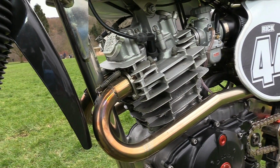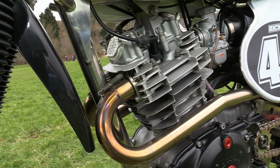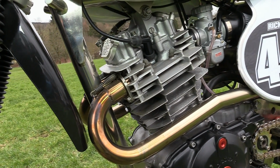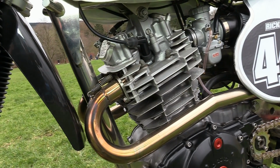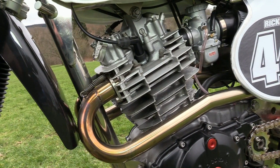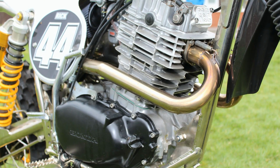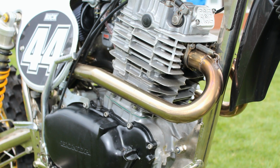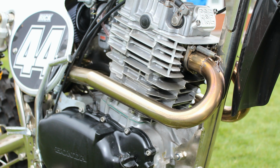Now, the cylinder on this engine's also undergone the usual fin removal, which is another very common modification on these Honda 500 motors, and every second cooling fin here has been machined off. Now, some people say this is done to reduce weight, and others say it's done to improve the cooling of